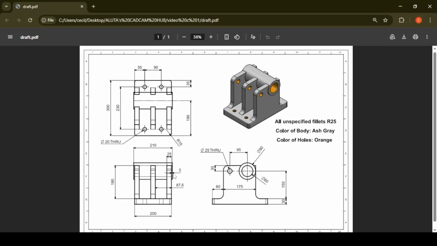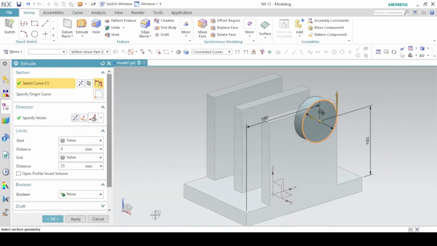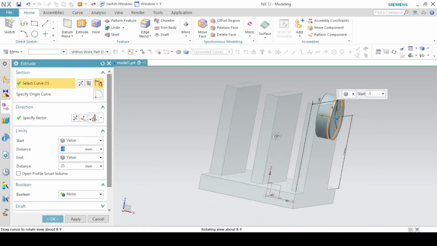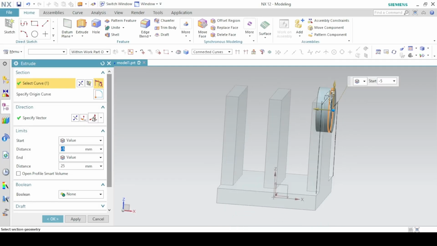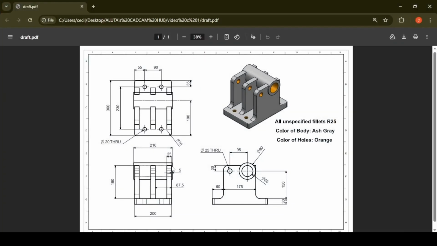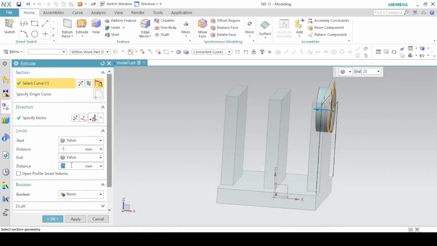Looking at the front view, we can see the extrusion starts at a distance of 5 millimeters from where we made the sketch. So you have to start at a distance of 5 millimeters back and then extrude. So the start distance should be -5, so that the -5 will come back like this. And then we end the extrusion at a distance of 210, which is the full length of the cylinder, -5. That will be where we made the sketch. So 210 minus 5.